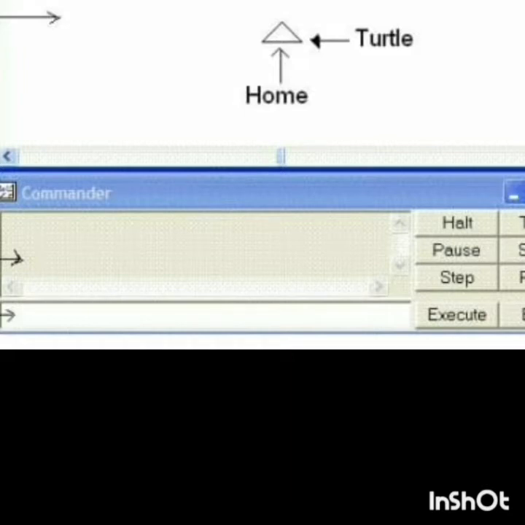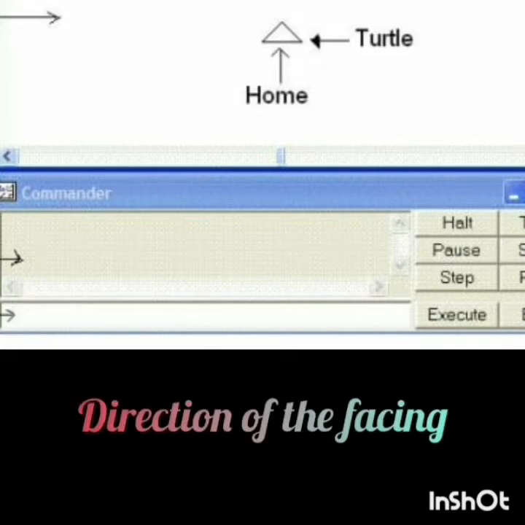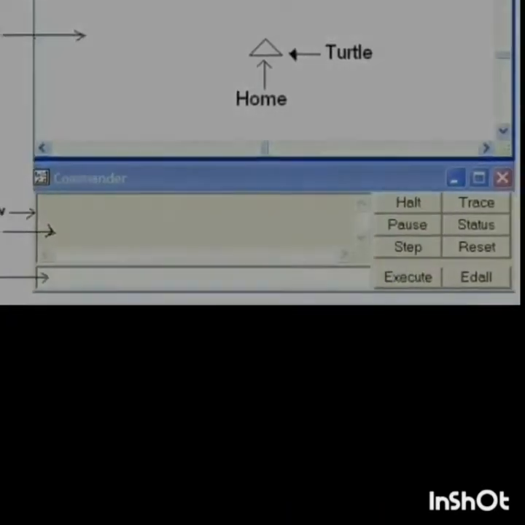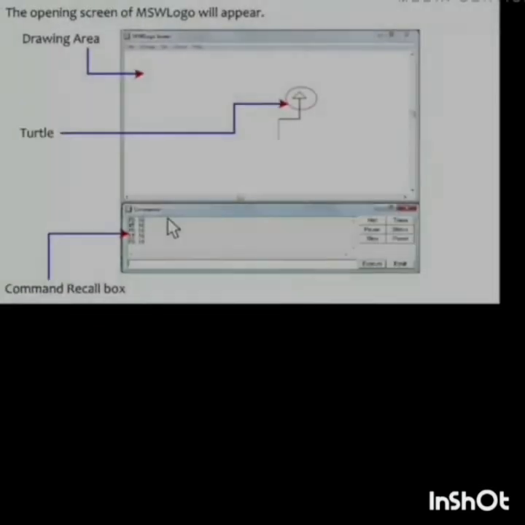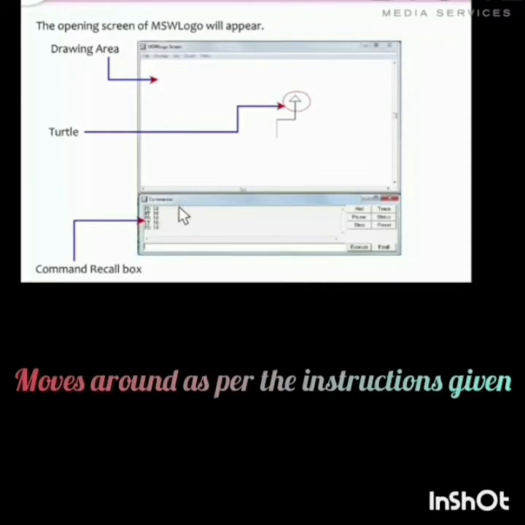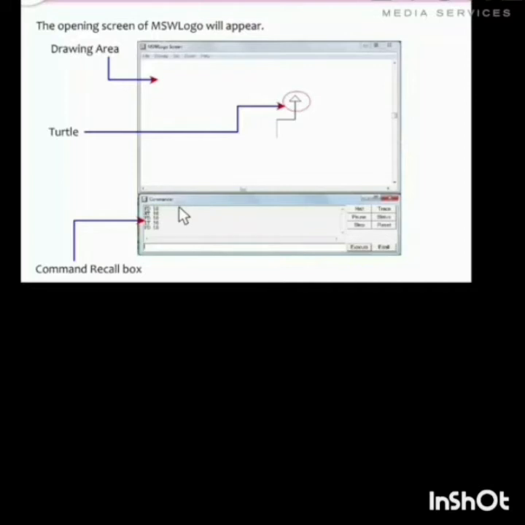The head of the triangle shows you which direction it is facing. This small triangle obeys the commands given in Logo language. The commands are typed in the commander window and it moves around as per the instructions given. When the turtle moves, it draws a line behind it.